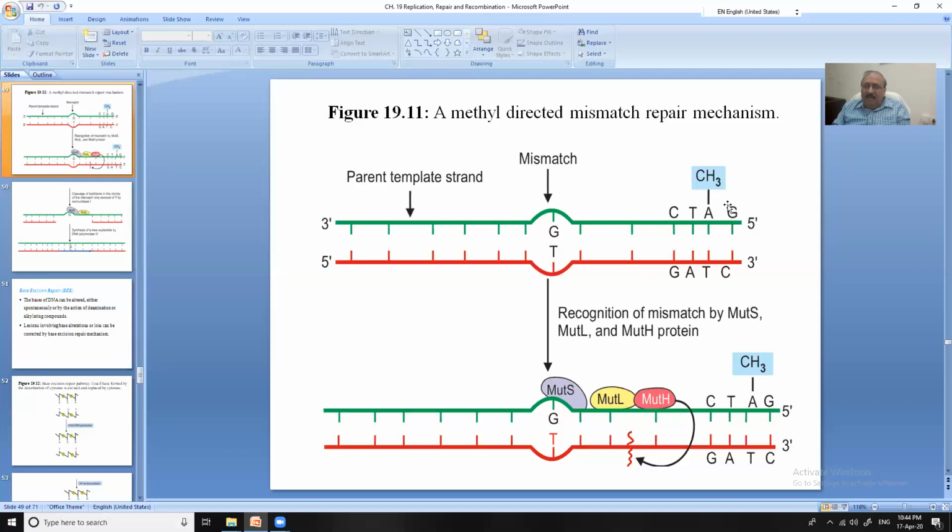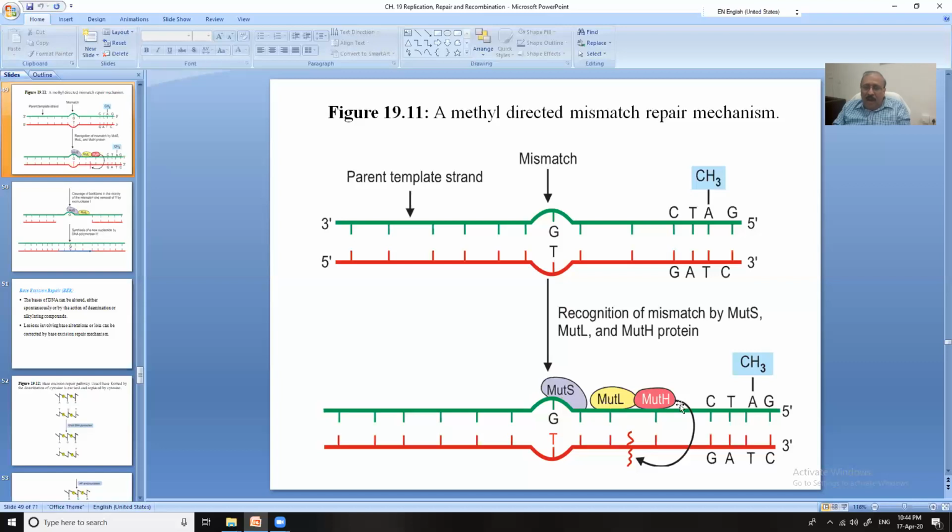Then we also have an adenine here, which has a methyl residue. This methyl group is directing here, and 3 proteins,